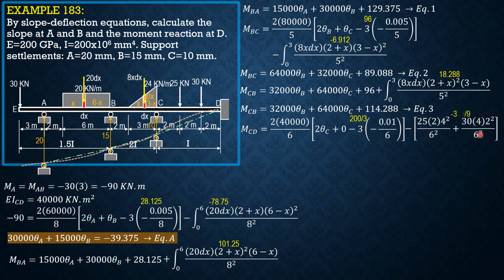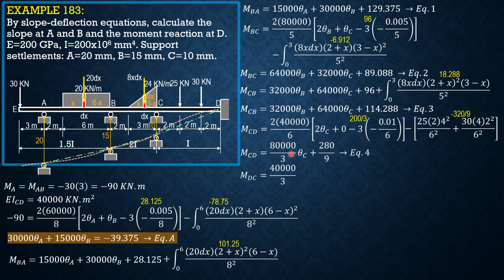The value of this combined is negative 320 over 9. So MCD is 80,000 over 3 theta C plus 280 over 9. Call that equation 4. Then MDC